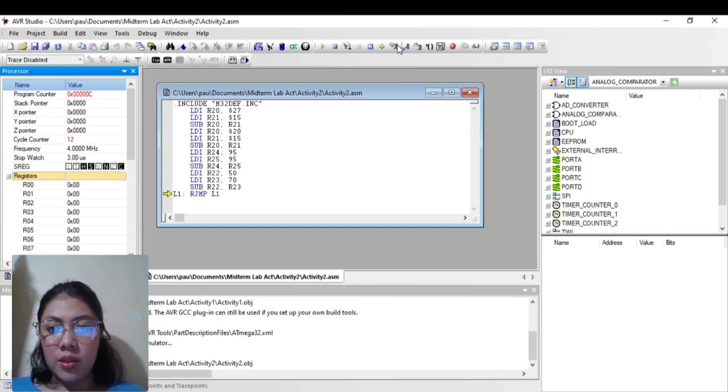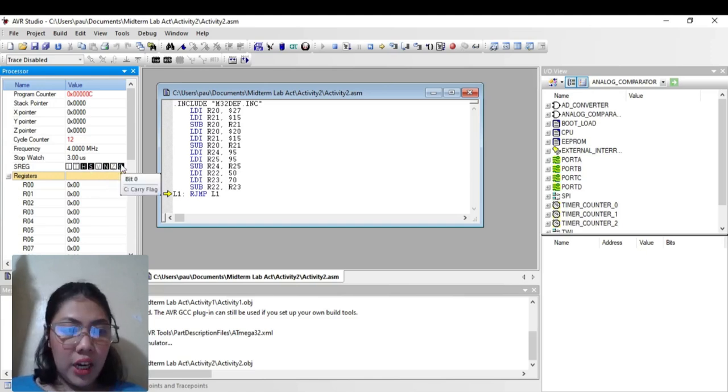With our last SUB, which is the SUB R20, register 22 and register 23 being subtracted, the half carry flag, sign flag, negative flag, and carry flag are turned on, meaning the resulting value has exceeded the 8-bit range, as well as the lower nibble having exceeded the 4-bit value. After examining the status register,